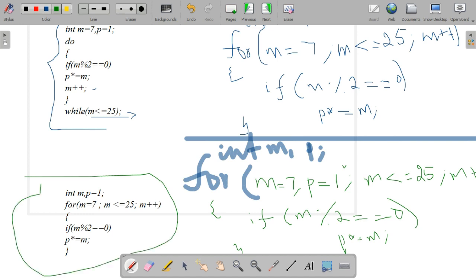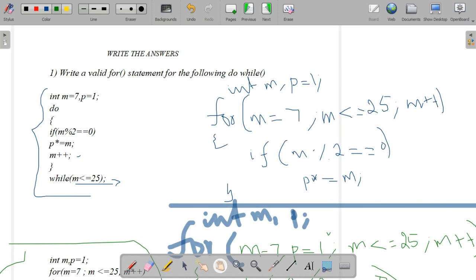If m modulus 2 double equal to 0, then p into equal to m. Semicolon, close the braces. So either this way or that way you can write it. Okay, this is the answer I have given here. So this is the way we will rewrite do while into for.